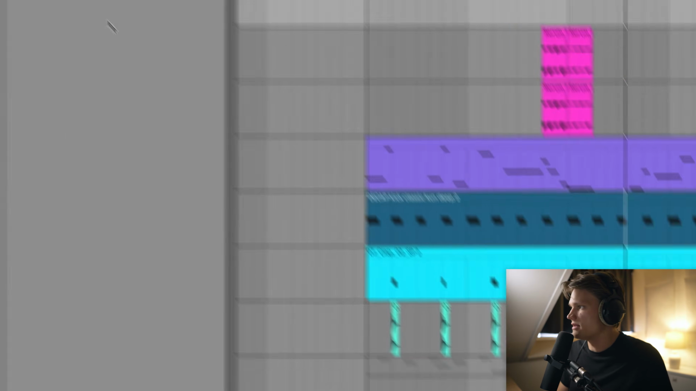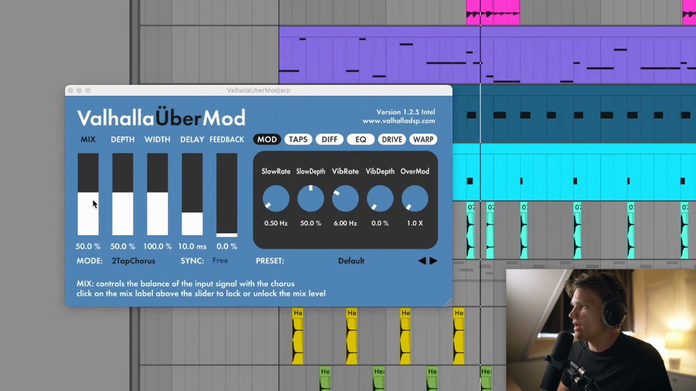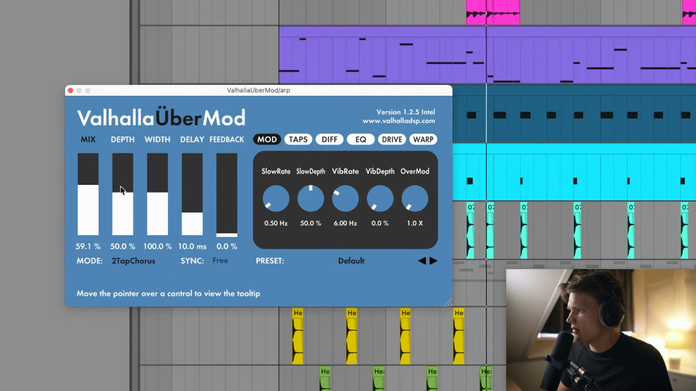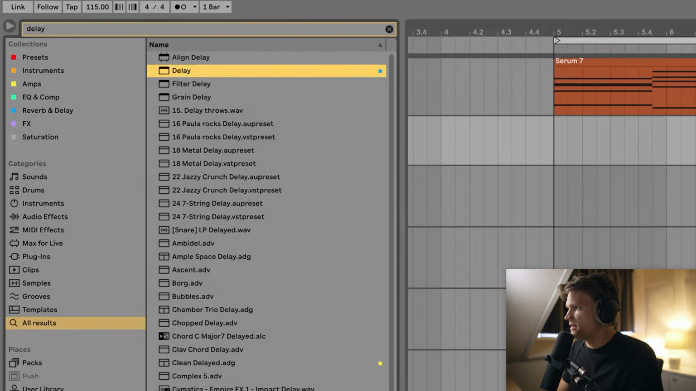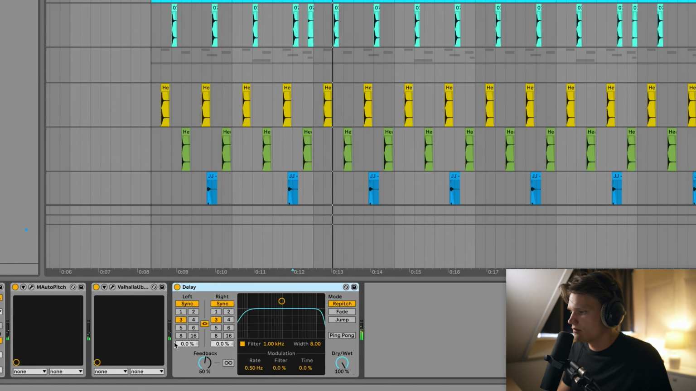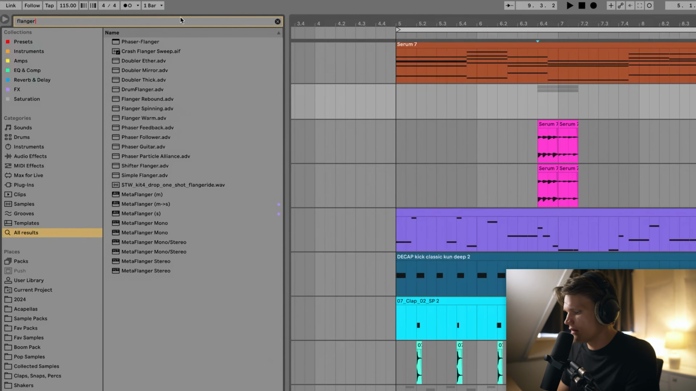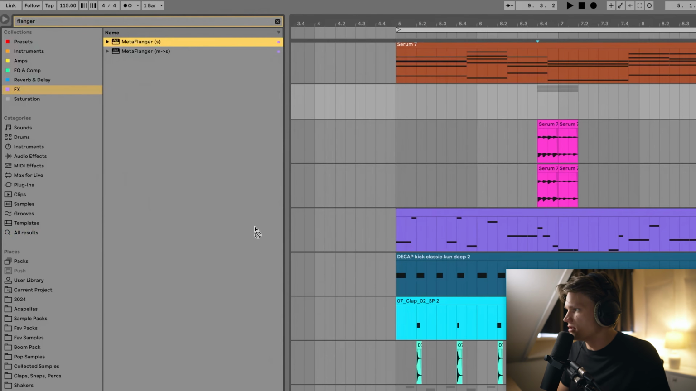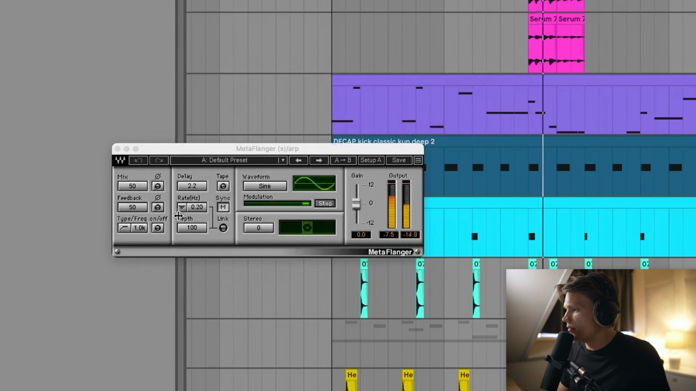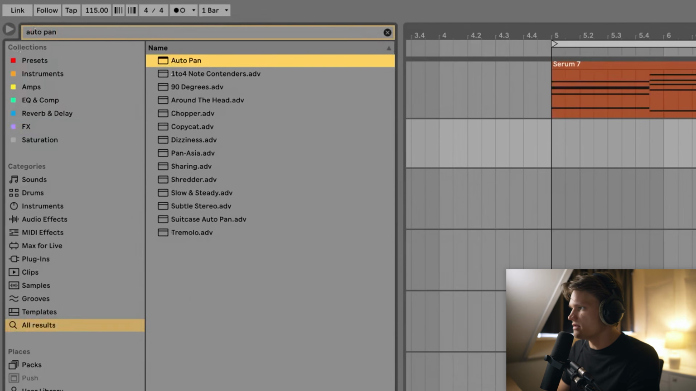Next, I'm going to add some chorus again. I really like this Valhalla Uber mod. And let's add some delay as well. Let's put it in ping pong. To top it off, again, I'm gonna add some flanger. Meta flanger by Waves, really great one. And I'm gonna use some auto panning